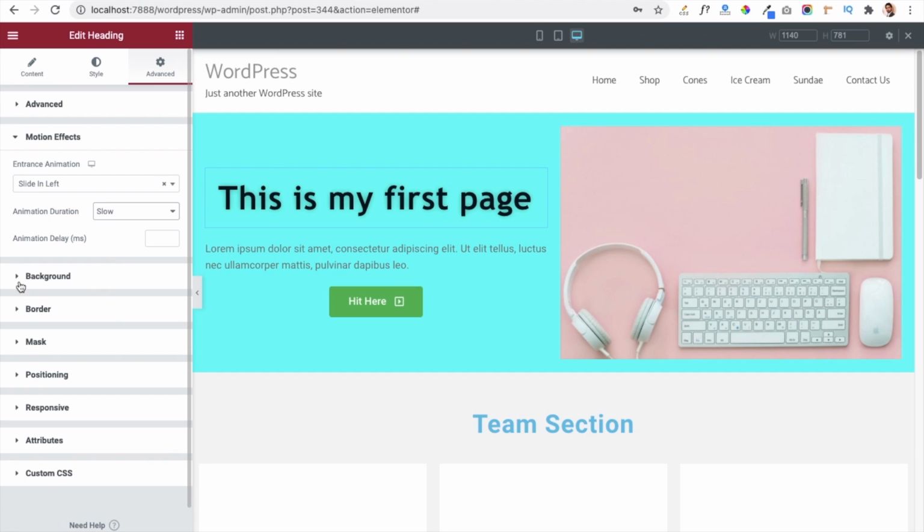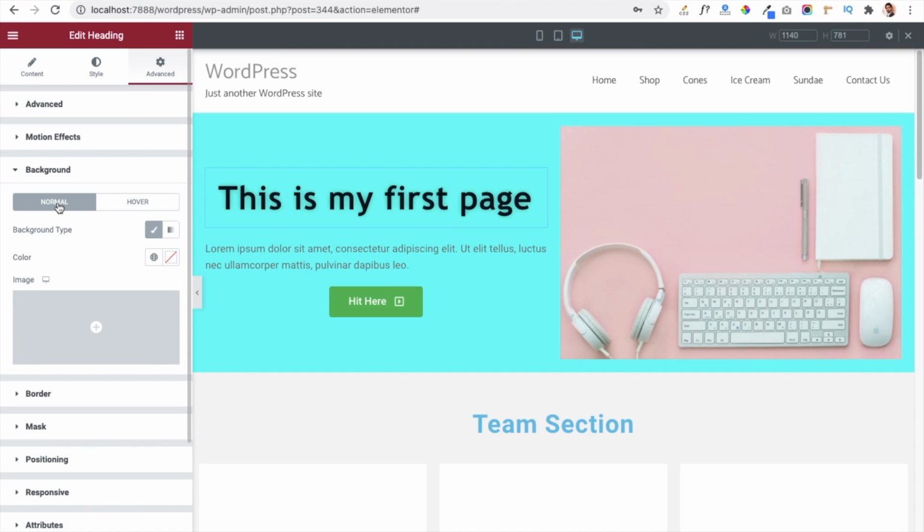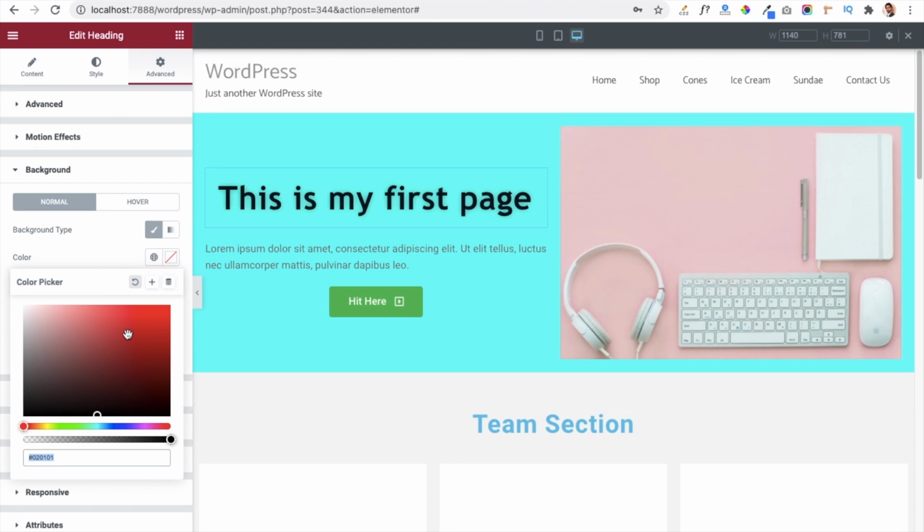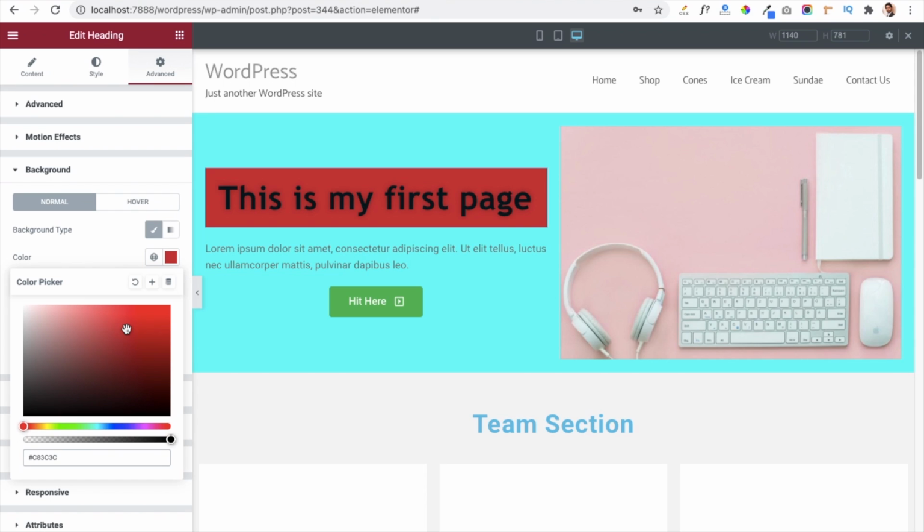Now again we have some more settings in this advanced tab, which is the background setting. So background setting define the background of this particular module. So if you want to change the background color of this module, then you can choose the color from here. Suppose I have just selected, for example, a red color. So our red color is assigned to this particular module.